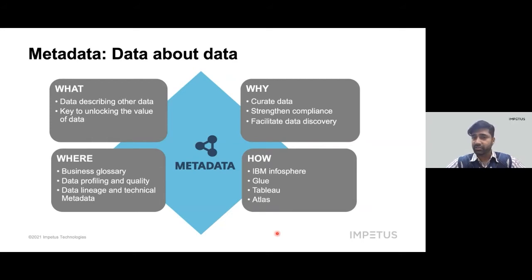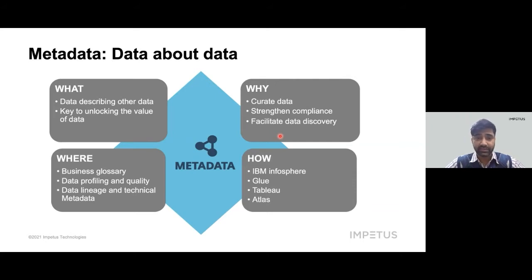Firstly, what is metadata? Like we just discussed, it is data that describes a data or system of records. And believe me when I say this, it has the real capability to unleash the real value of the data. Why do we need it? Of course, we need it to make better use of the data and to drive our decisions. It's only when we know our data that we can do better data management, better access control management, and a lot of other things. We can also do data discovery, not to forget, about which I'm going to talk about in my later slides.